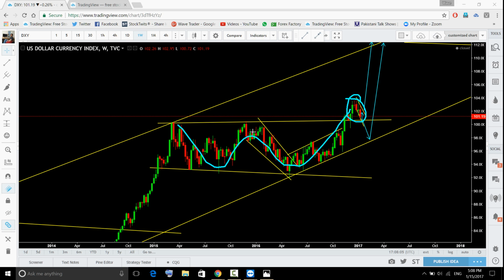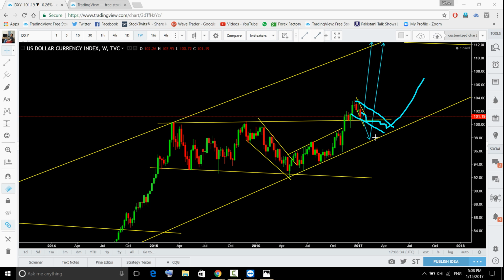Your indicators are not saying that price is going to continue. Divergence is there. That is the reason price is struggling here. First of all, price should leave the divergence, or neutralize the indicator, and then it will continue to the upside. So for that, it has to form